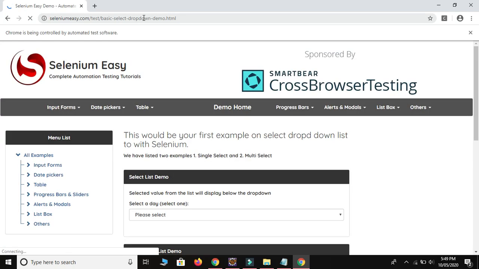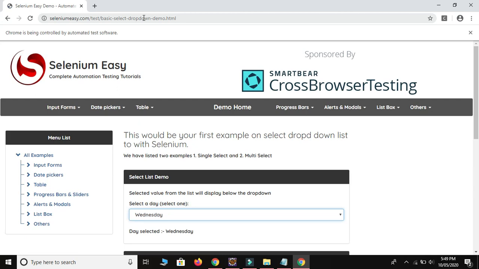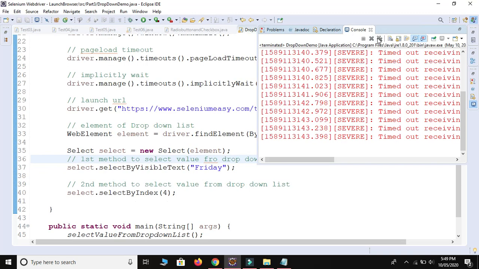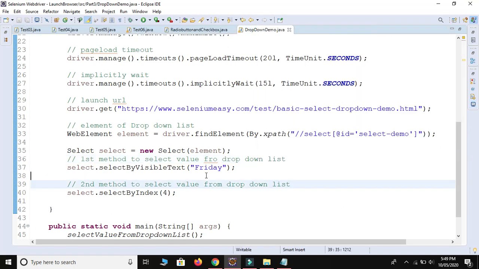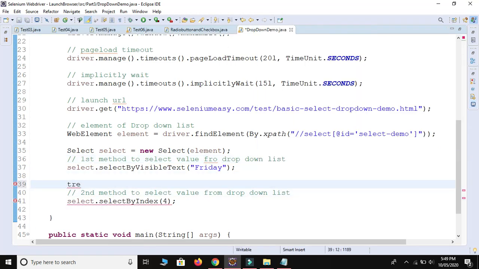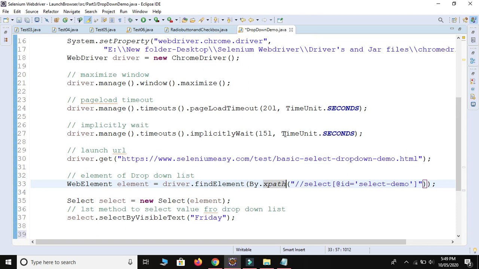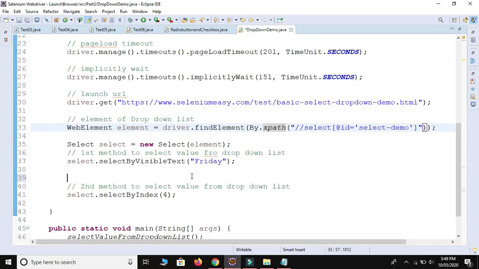Execution is started. It will click on the Friday and Wednesday. So as you can see here, it will select first Friday and then Wednesday. Let me use some wait here so we are able to see the changes. So let me use Thread.sleep. See guys, I have already covered how to implement wait in a script, right? So I said Thread.sleep is not mostly recommended, but if you notice in this example, we need to provide some static wait, and if you need to use static wait, we need to use the Thread class.